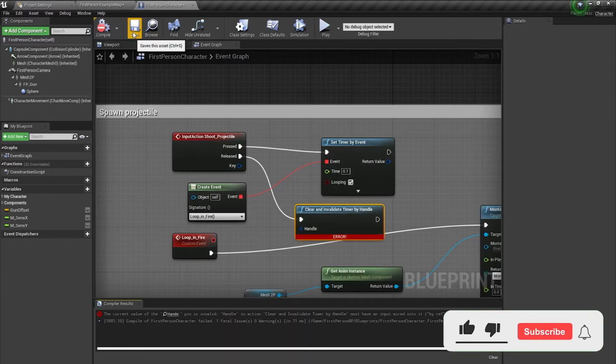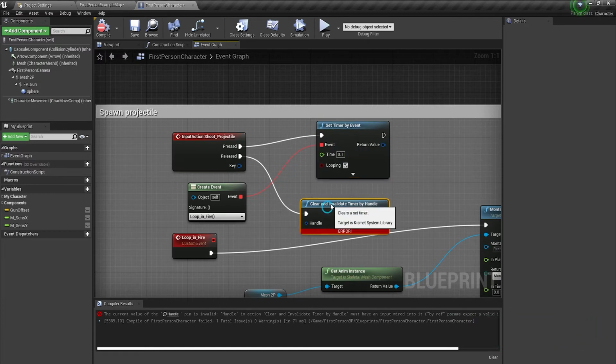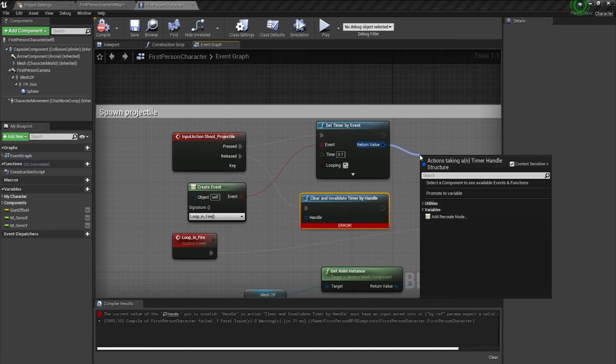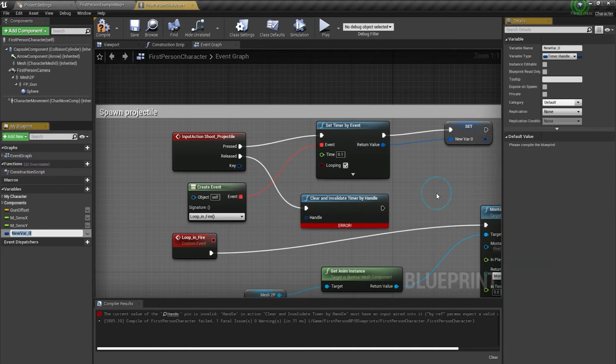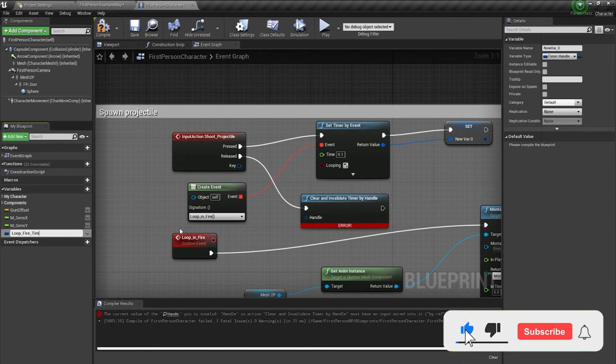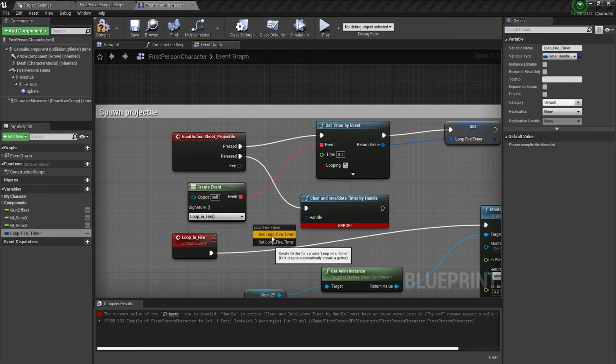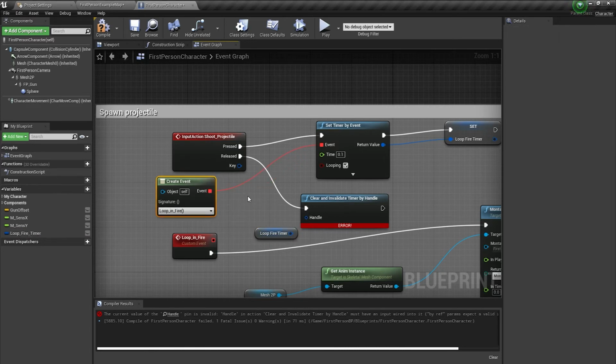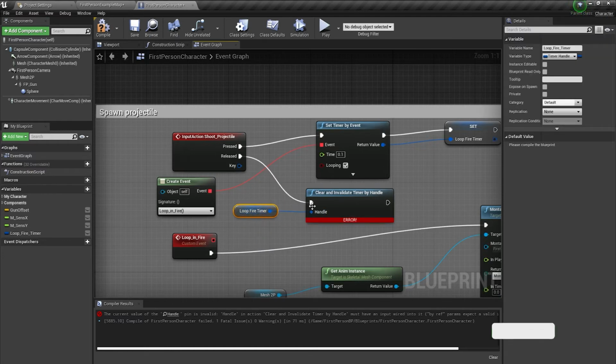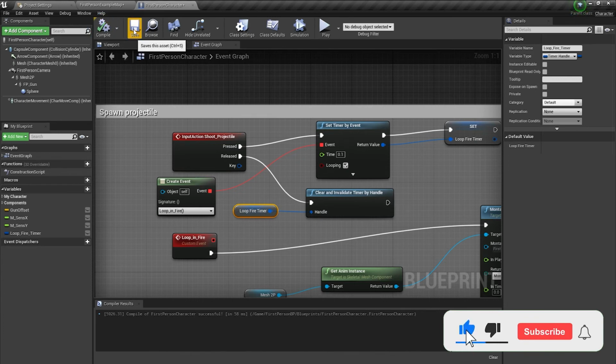Now compile it, and just from here select return value and promote it to variable, and rename the variable loop underscore fire timer, and just drag this and get the loop fire timer, and just connect this to this. Now compile it, save it.